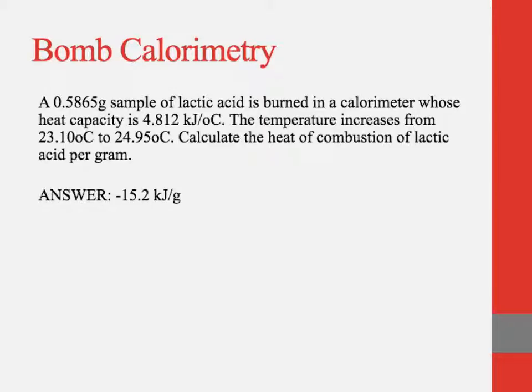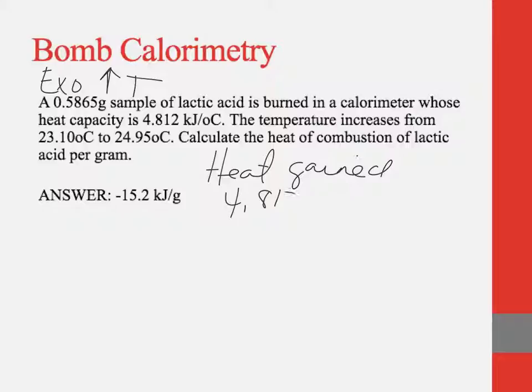Last problem. A 0.5865 gram sample of lactic acid is burned in a calorimeter whose heat capacity is 4.812. The temperature increases from 23.1 to 24.95. Calculate the heat of combustion of lactic acid per gram. So this one's fairly easy. We're not doing that much. So we know that our heat gained is going to be equal to our 4.812. We should have started with this one and ended with the last one. But